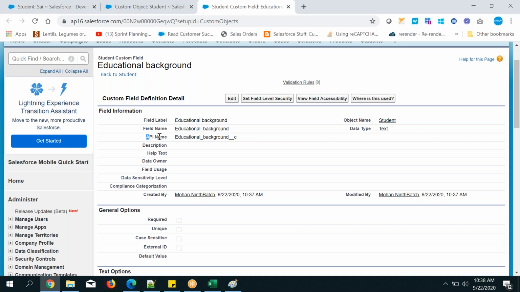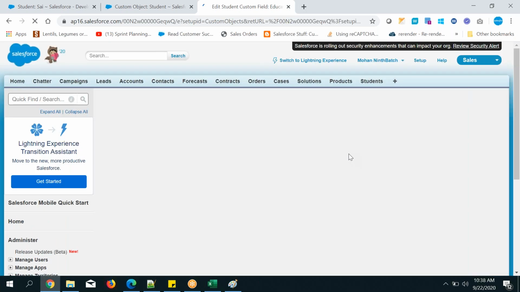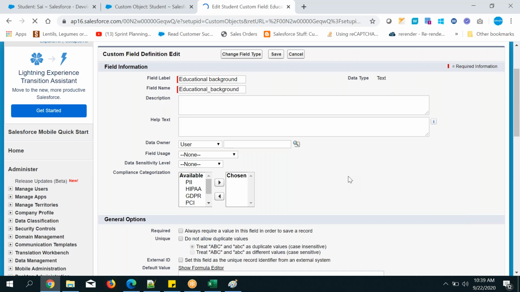Suppose I edit it and change the field API name, so I remove the underscore. Let's observe. Okay, this is my field name. Save it.